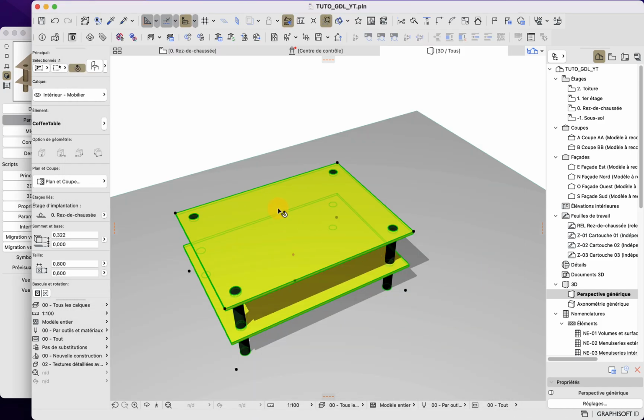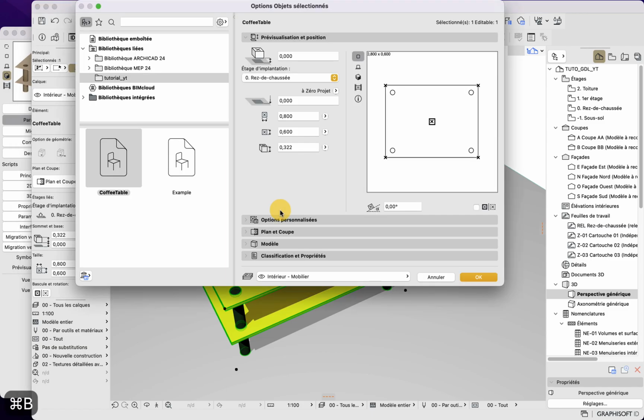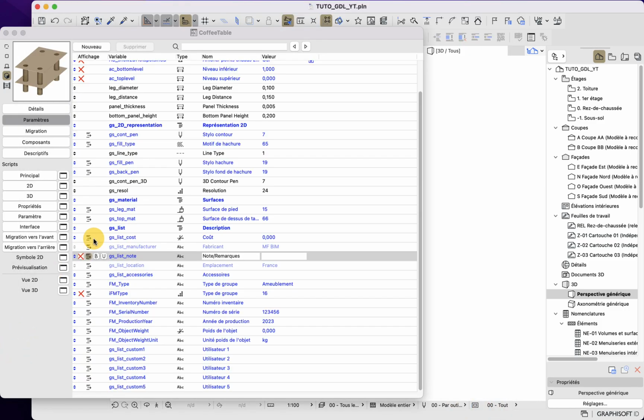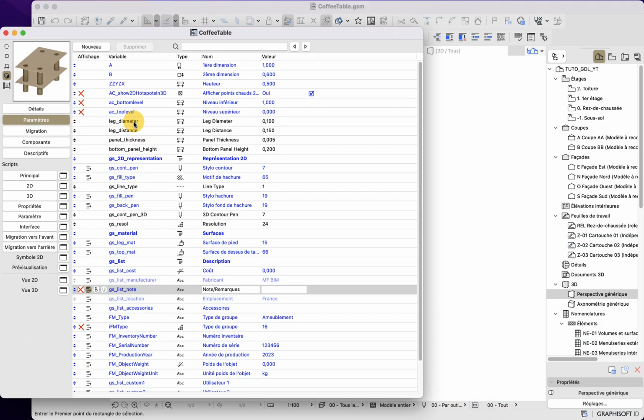So here, what we will do finally for the parameter is that you can see in my custom parameter submenu, things are a bit messy. So we will just clean this up. Here in my parameter list, we will use some more parameters to have something a bit better.